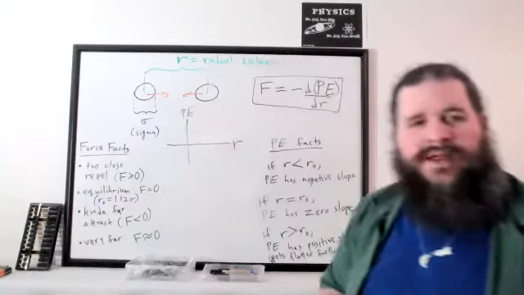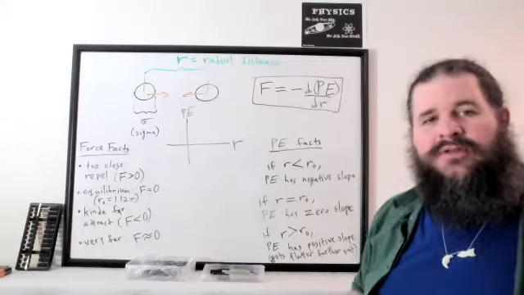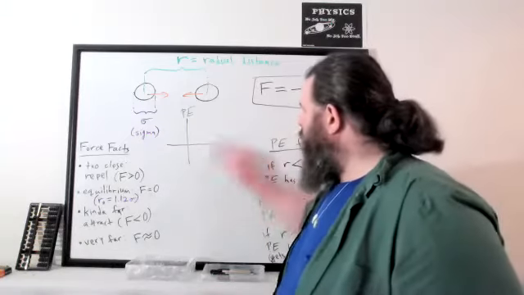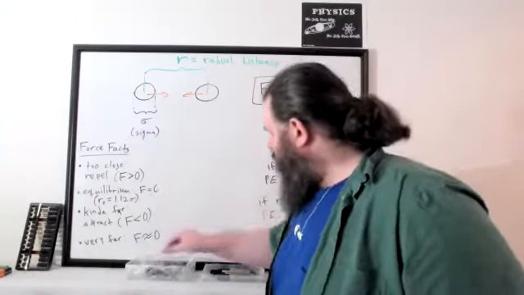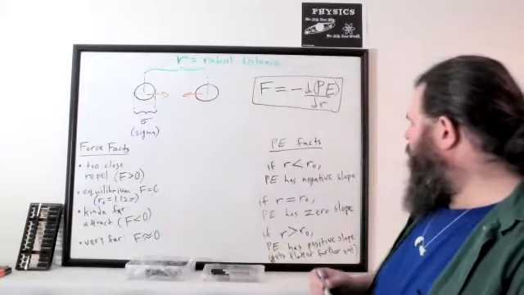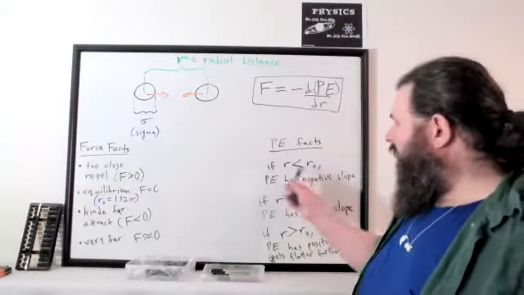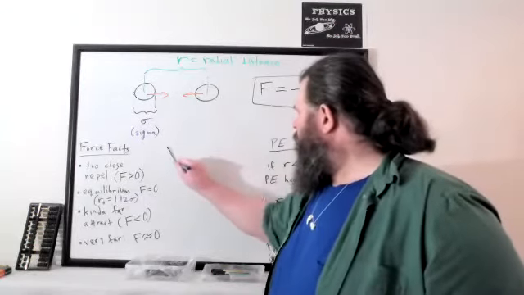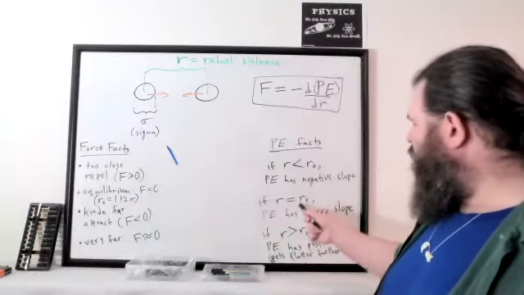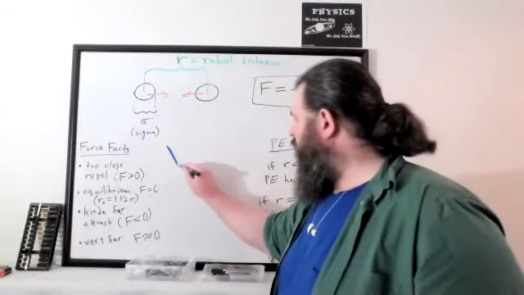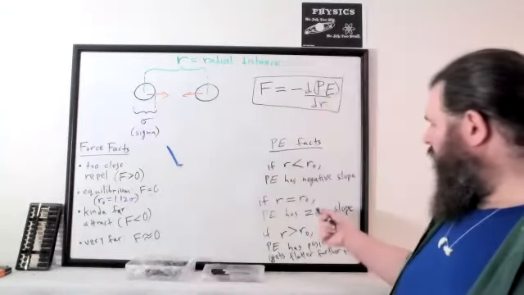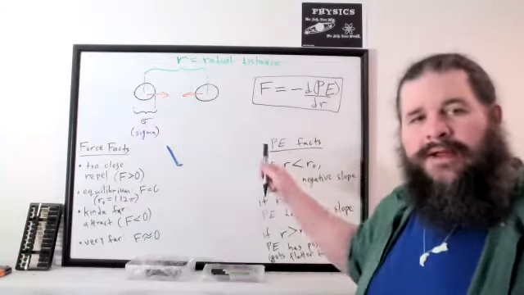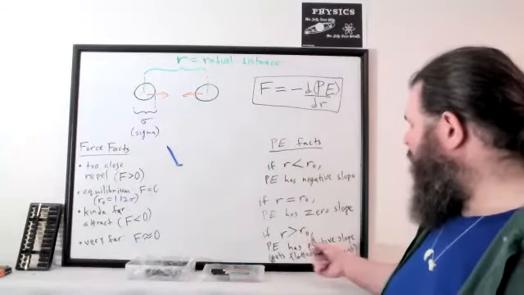I'm not going to draw in the axes yet, though, because we want to fill in the axes last so we can choose where to put them. But if we just write out what we want, for a small r value, so that's further left on the graph, we're going to have a negative slope. There's going to be some single location where the slope is zero at that instant. And then after that, further to the right on the graph, larger values of r, we're going to have a positive slope,